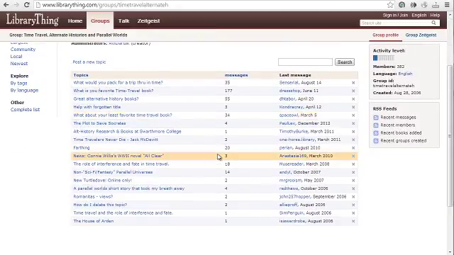What I highly recommend that you do is find topics that relate specifically to your book and just get involved. Don't try to promote your book outright. Try to get involved and try to give some valuable feedback first. Build your reputation within that group, and then you can tell people about your book later down the road. The worst case scenario is you just go in and you start spamming everybody, telling people about your new book. That's just going to turn everybody off, so you don't want to do that.